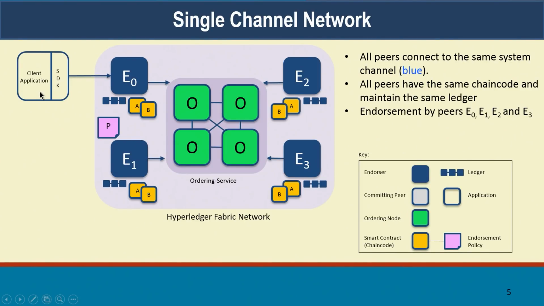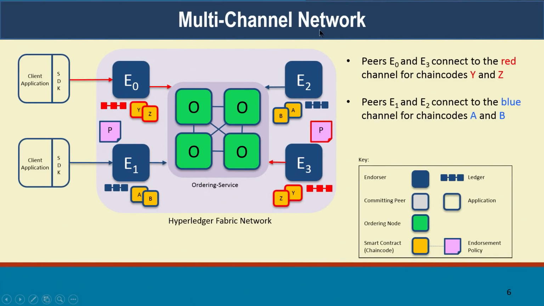So when a transaction is submitted by the client application to the network, let's say it's invoking a particular function in smart contract A, then all the 4 peers, E0, E1, E2, E3, are all going to be executing the same function. They all have a copy of that function. They're all going to be executing the same function across all the nodes, and then of course we'll go through ordering and consensus and then final validation. And the endorsements can also be obtained from all the peers. So that is an example of a single channel network, where all the peers are part of that single channel.